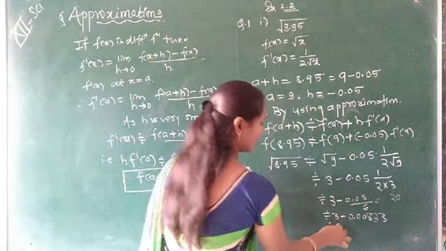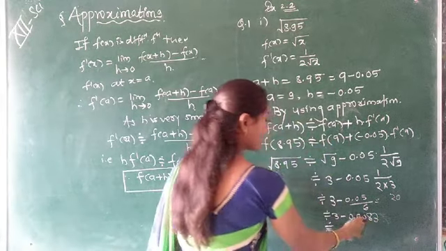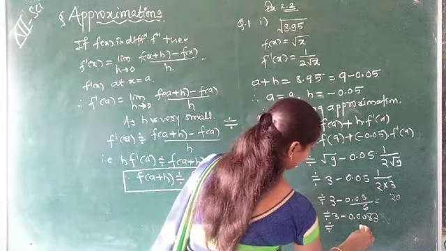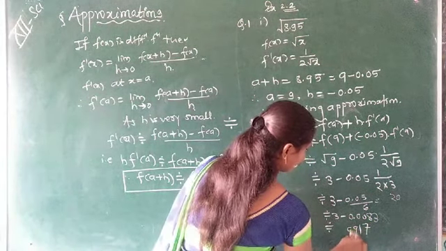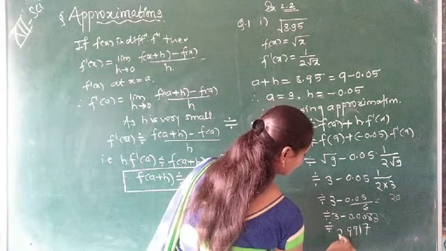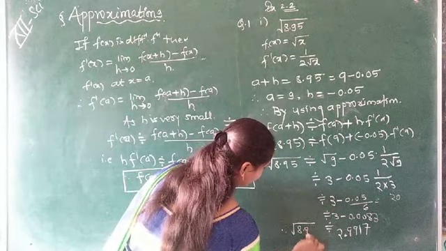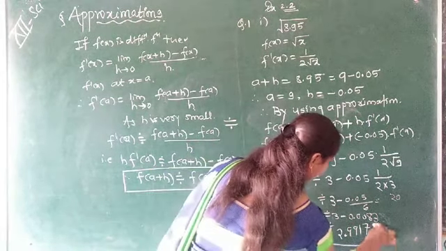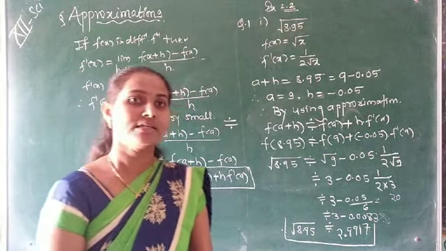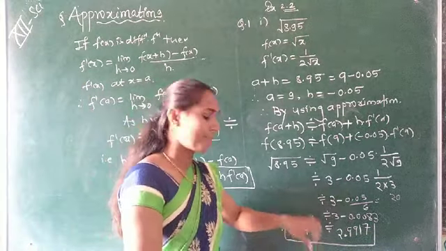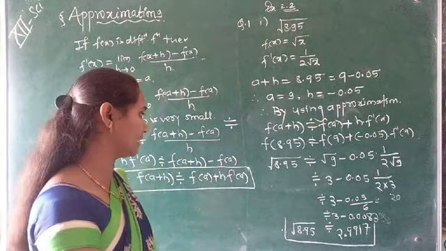Since it is 3 minus 0.00833, we take only 2 decimals. So 10 minus 7, 3, which is 7, 9 minus 8, 1, 9 minus 0, 0, again 9 minus 0, 9, and this 3, since it is 2.9. Therefore root 8.95 is 2.9917. मग आता अप्रॉक्सिमेशन म्हणजे एक्झॅक्ट इक्वल नाही निघत आहे व्हॅल्यू, पण अप्रॉक्सिमेट त्याच्या जवळची व्हॅल्यू तुम्हाला इथे मिळते.